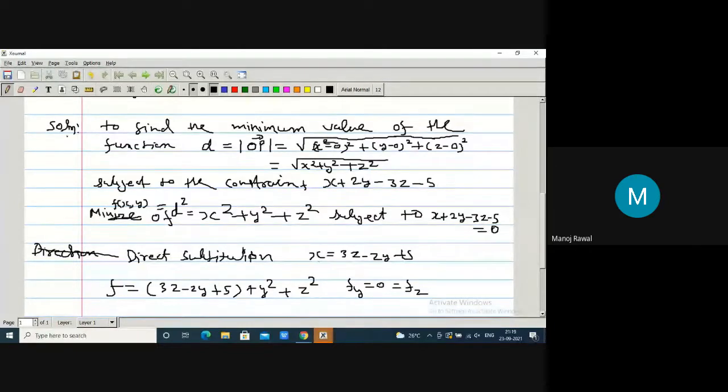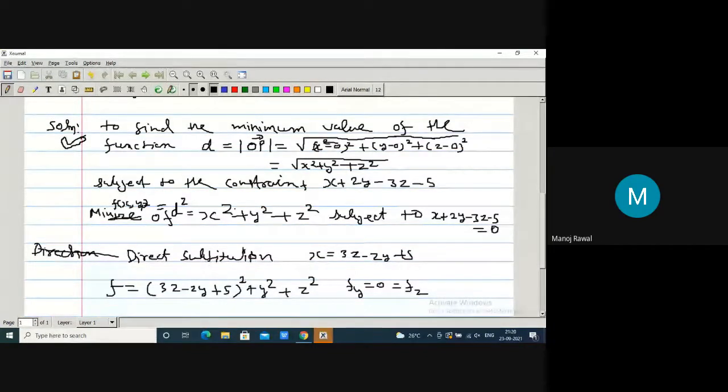In the beginning, I'm just giving you a rough review of what we are going to do in Lagrange multiplier. So in the beginning, I started with d, no problem at all. But now I say that this d square is simpler with respect to calculation. So d square is a simpler function. So f of x, y, z also I have to write. Sir, in the last line where you have substituted x, it should be squared. Yes, the square of this whole term. That is a printing error.